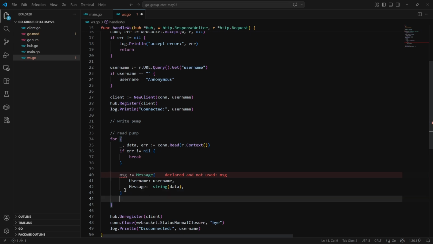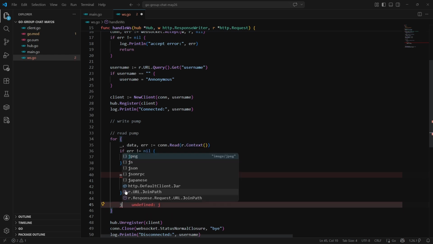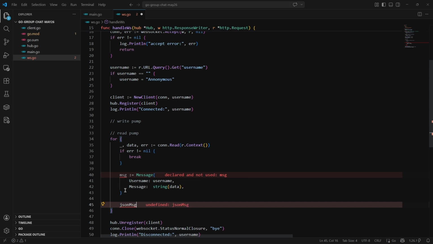Now I can take this message and pass it to the broadcast of the hub. But first, I need to convert this message into JSON, because the hub is going to send JSON data to the front end, right? Browsers can only get JSON data using HTTP. So I need to convert it into JSON, for which I'm going to name a jsonMsg variable, and